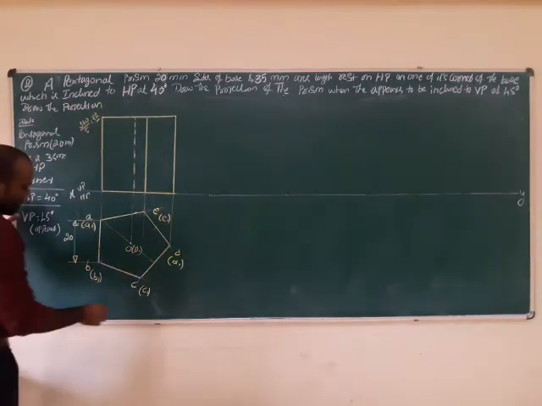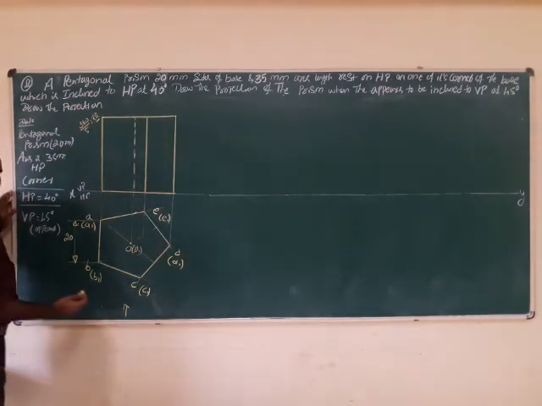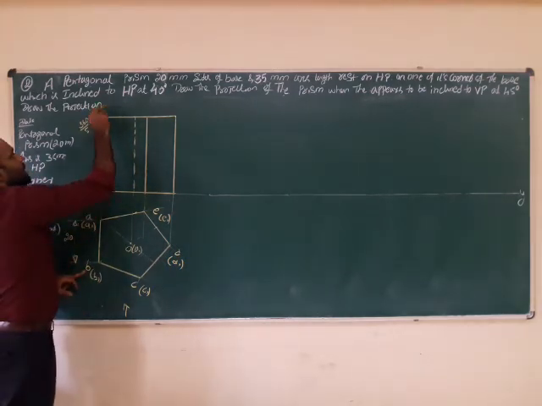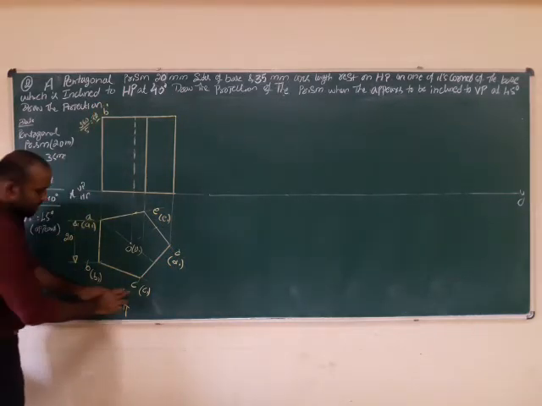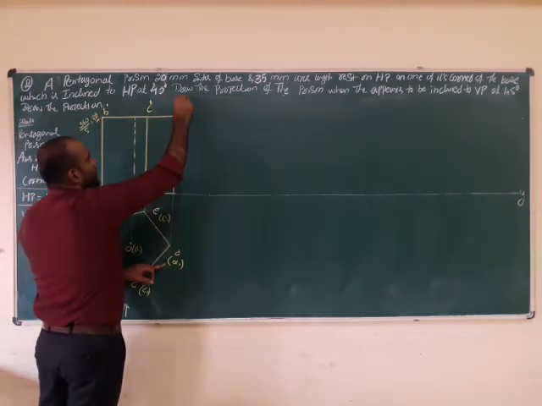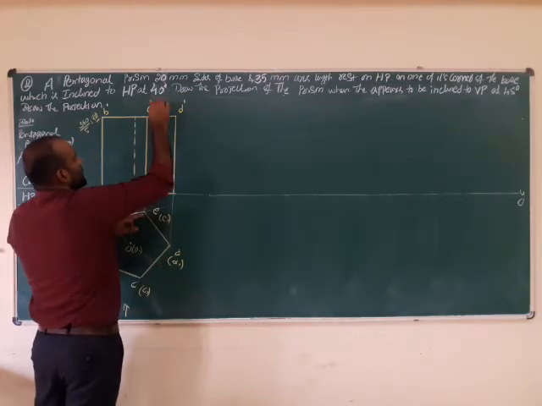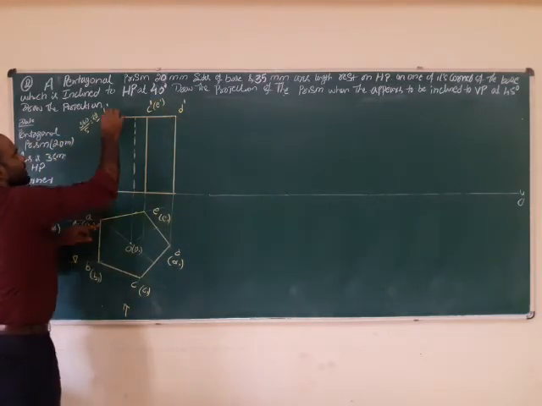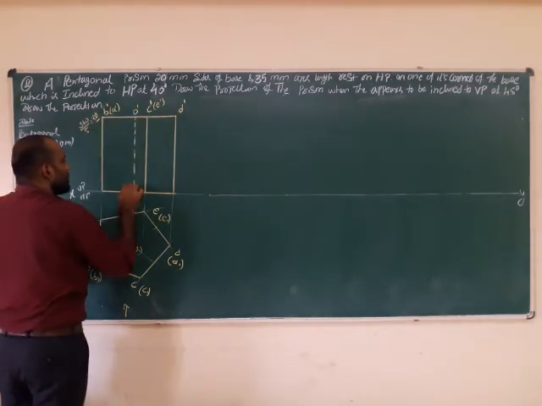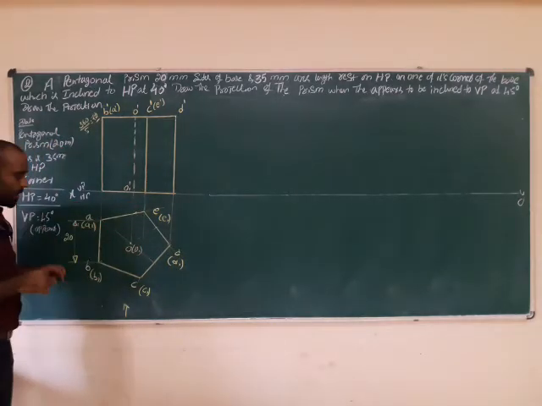Now, from this view, B is visible. First I consider A, B, C, D and leave A1, B1, C1. B is visible, I have to write B here, dashed because it is above HP. C is visible. D is visible. E is not visible. A is not visible. Simultaneously, O is visible and O1 dash is not visible.